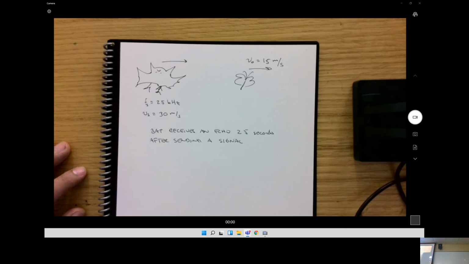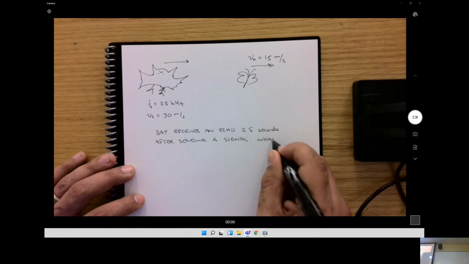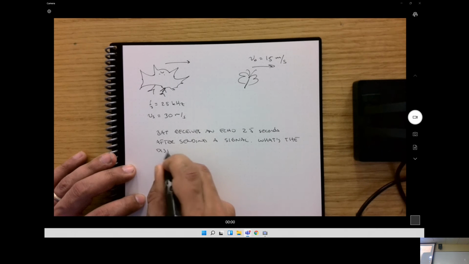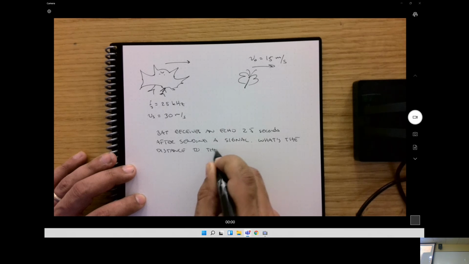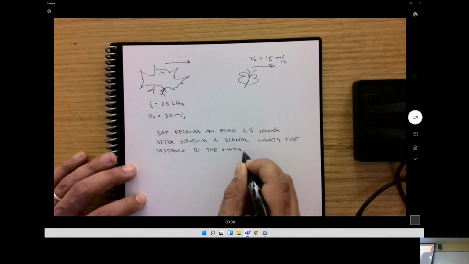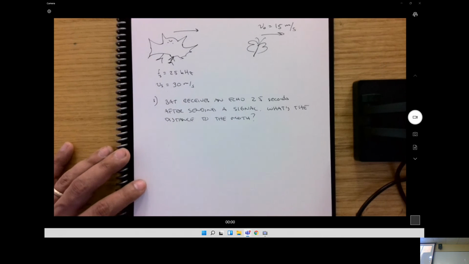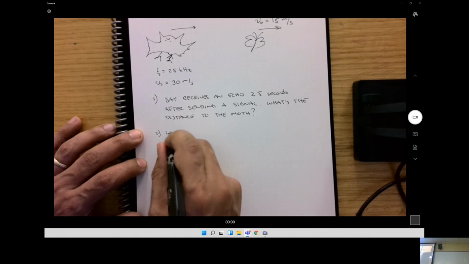Okay, so I want to know what is the distance to the moth. And the second question will be, what is the shift in frequency